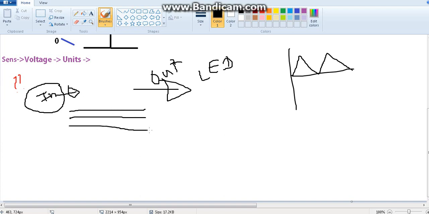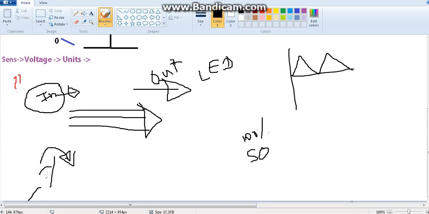For example, if you are giving 100% of this input, the LED should be at 100% brightness. If you are giving 50% of the analog input, the LED should be at 50% of the brightness. If you are giving 25% of the analog input, the LED should be at 25% of the brightness. If you do something like that, that would be cool, right?